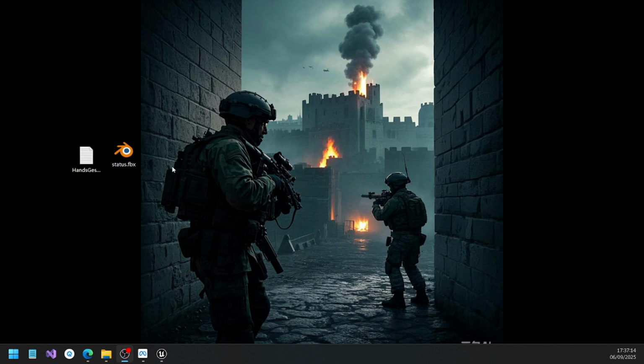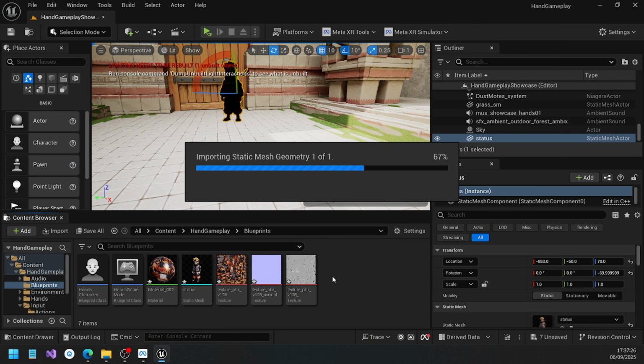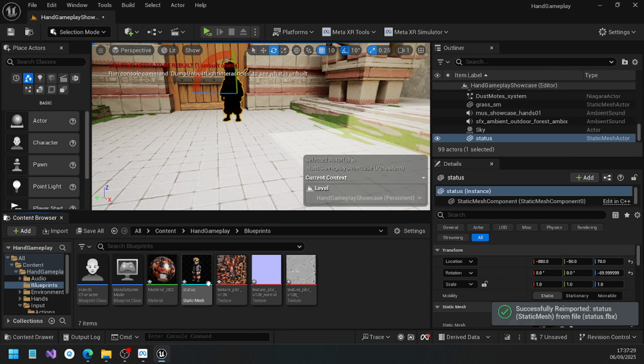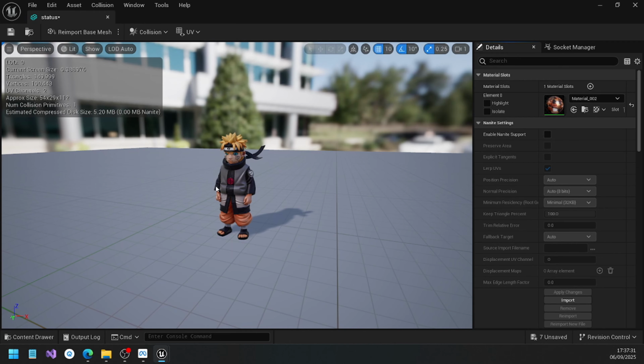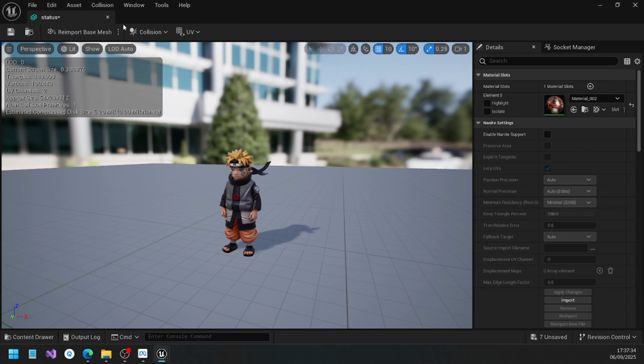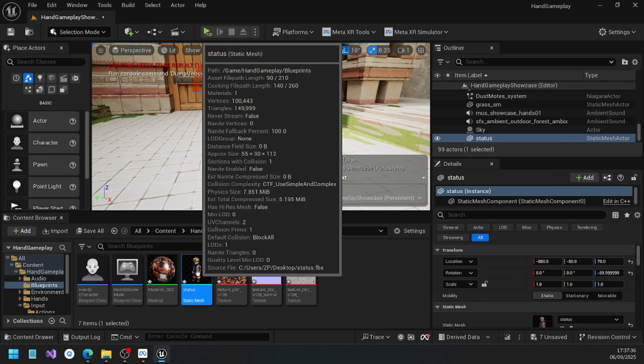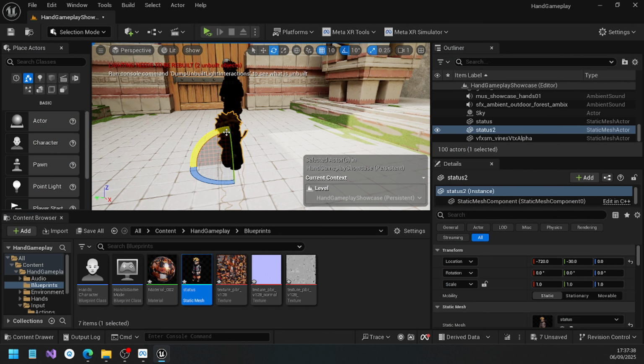Okay, let us check how to import the model into the Unreal Engine. We need to have this FBX model, and drag it into the Unreal Engine. You can click it, find the content. This is the model, and we can drag it into the